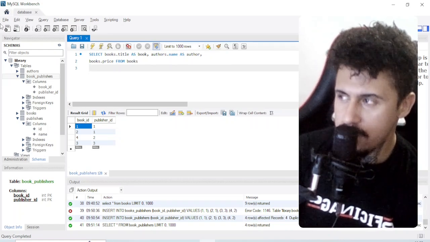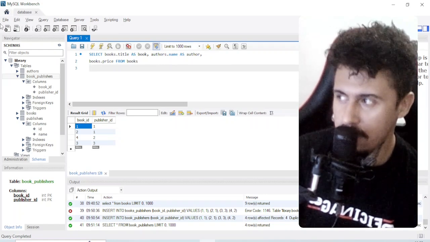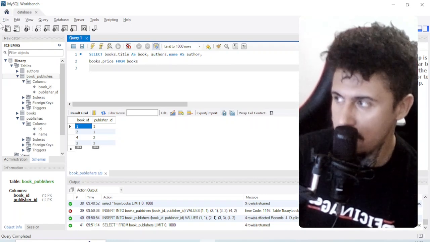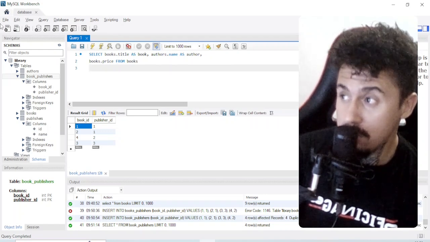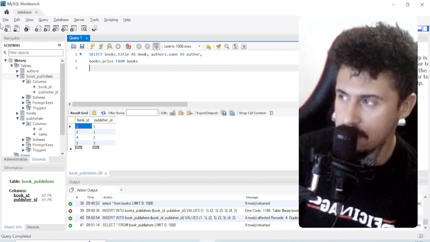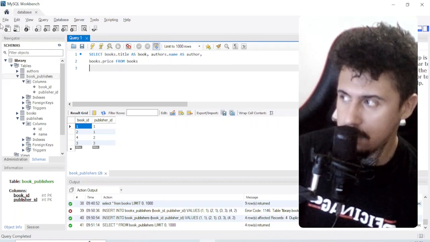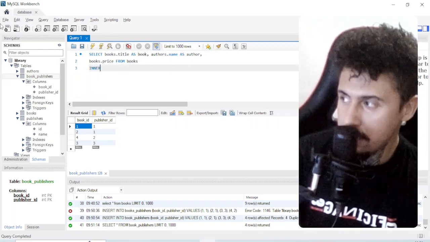We need to join this table with the authors table, right? Because we have the books table selected, but we still don't have the author's name selected. We just have the alias, right? We just have the alias of the author. So we need to make an inner join